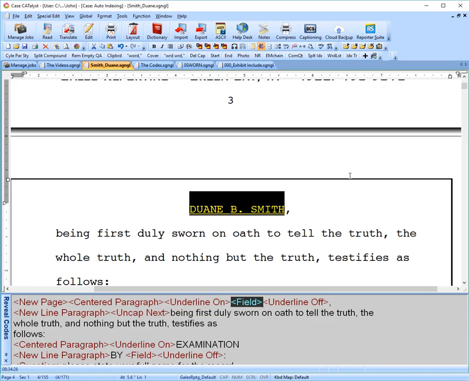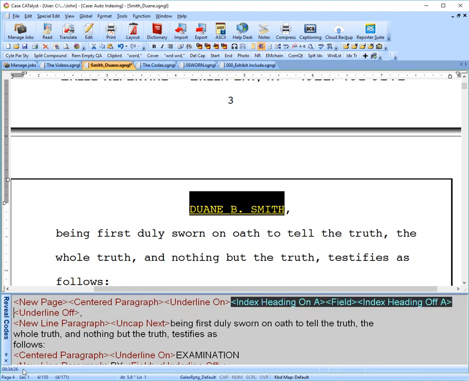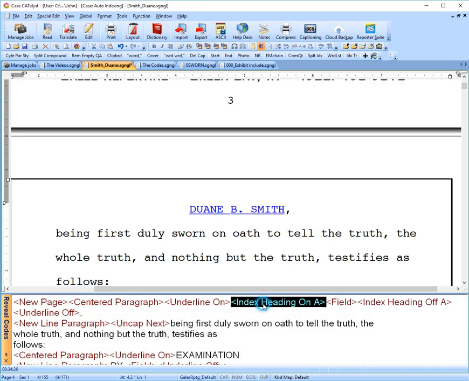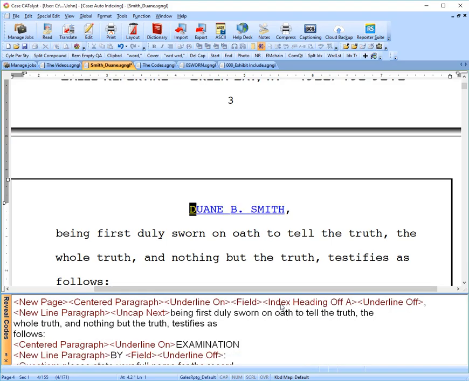Now I could hit a shortcut by hitting F4 capital J, and then down in the bottom you'll see enter A through Z or 0 through 9. We are using A for our witness, so I would just type in A, and you see that the codes have gone in there. So if I take those back out,